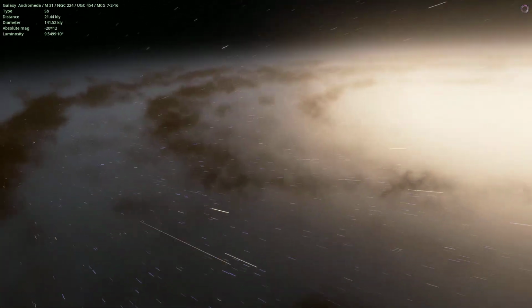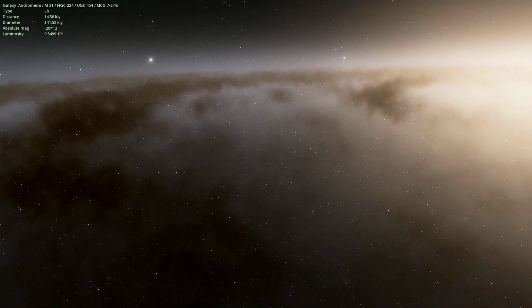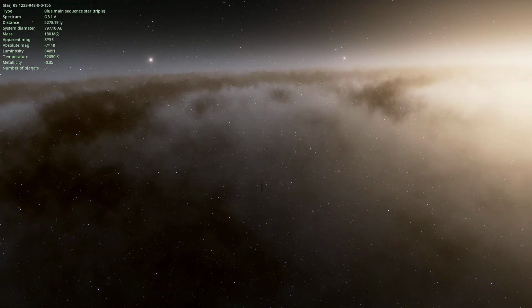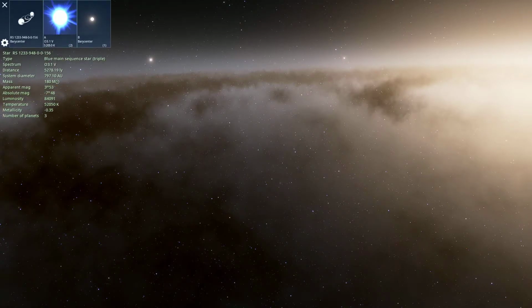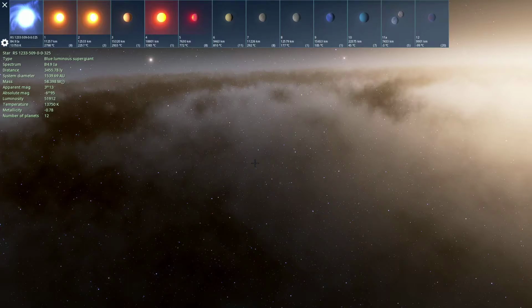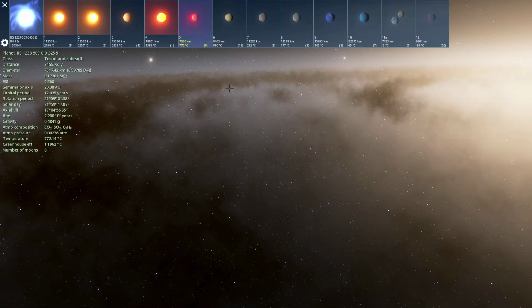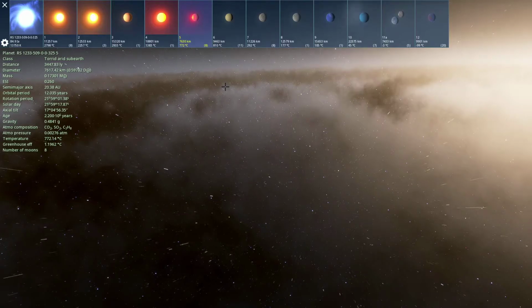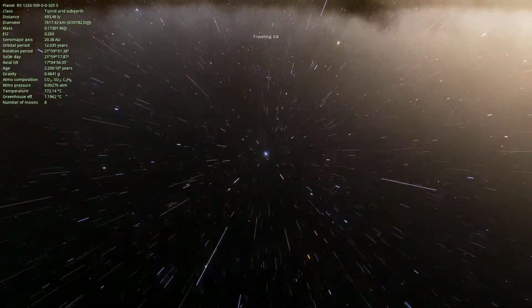Once a suitable spot is chosen, and we have a star selected, we can click F2 to bring up the System Information panel. This interface will show us the contents of the entire star system, or if a planet is selected, it shows us all the satellites orbiting it. Wow, we found a good selection around this star. A lot of interesting planets to choose from, but I think I'll select this one here. Planet 5, a torrid arid sub-Earth. Alright, let's see what it brings.